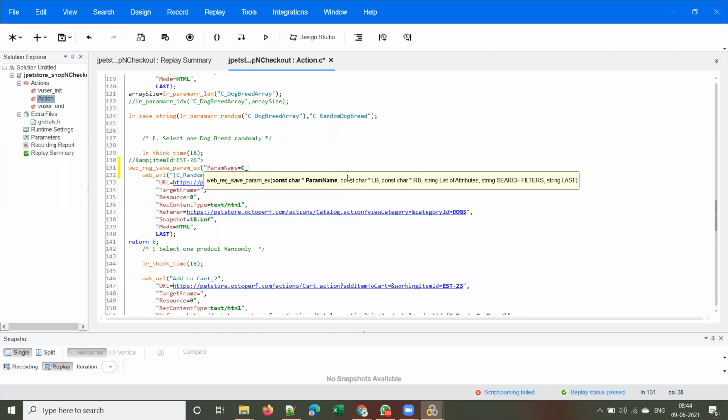Yes, C underscore dog breed item, C underscore dog item ID, sorry.